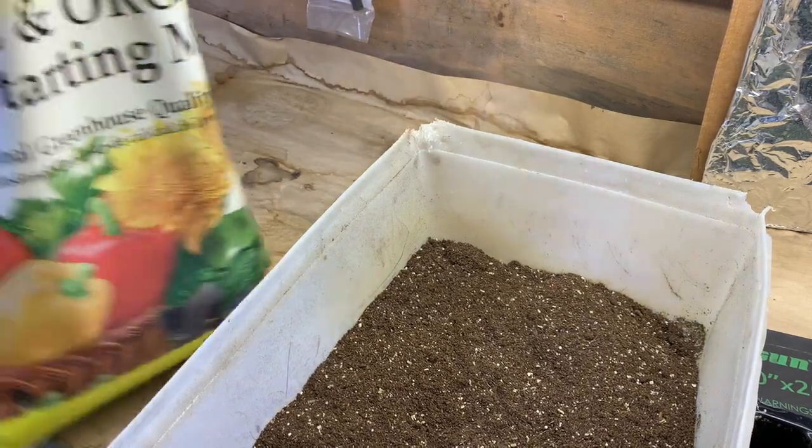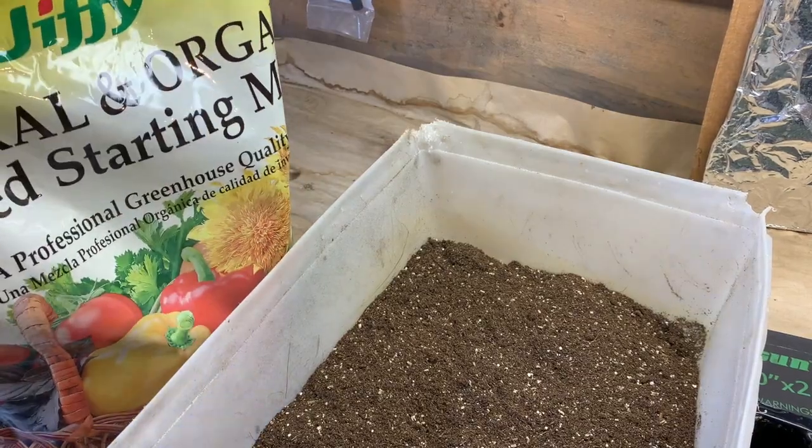If you use the seed starter from last year or something that has been open already, what I do is I pour boiling water on it to hydrate it. And I'm going to show you how we do that right now. All right, here is my bag of seed starting mix,